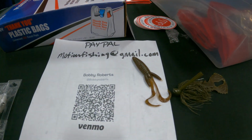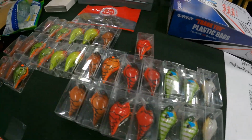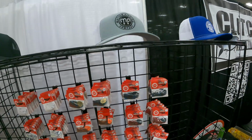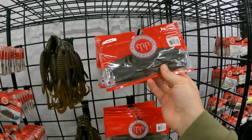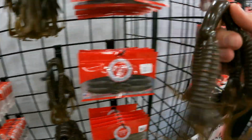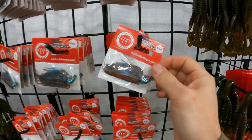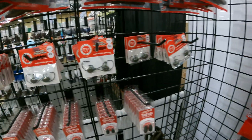I bought a, this is a new one. We'll talk about this in a minute. Some crankbaits here. Bladed jigs. Hats. This is like a big brush hog here. Kind of see what they look like. Do you sell these like this? Do you like, hey, do you guys want a thingamajig? I got swim baits. This fry chaser color is great. Love it. We got wobble heads,